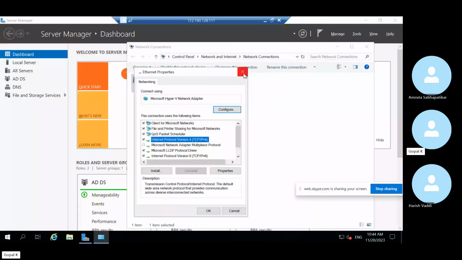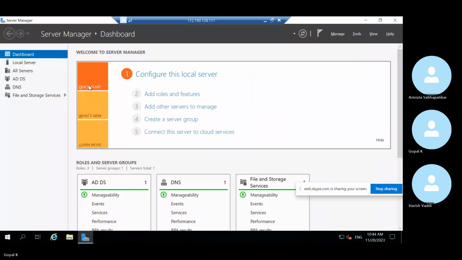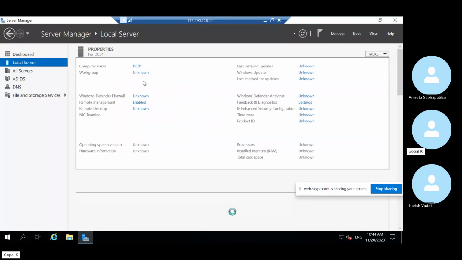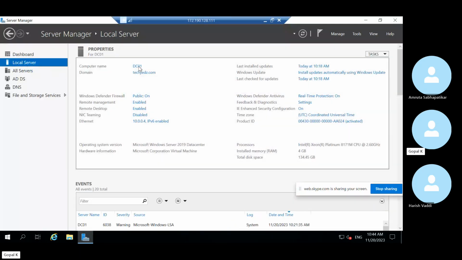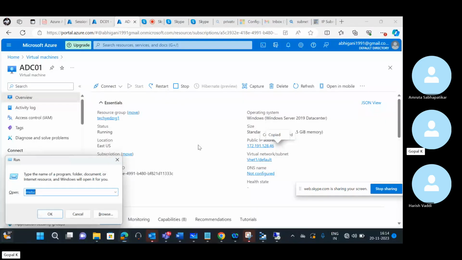This is my primary domain controller. When you click on the local server, you'll see it's DC01 and the domain is techieheads.com. Now I'm going to